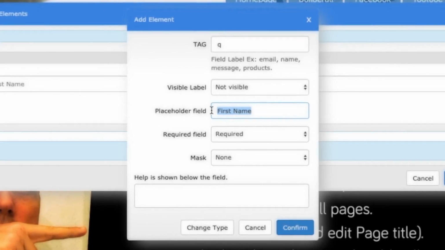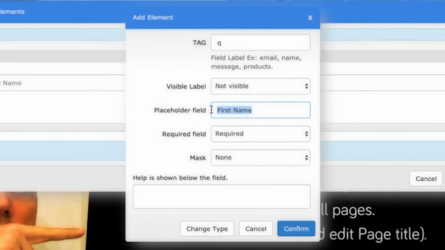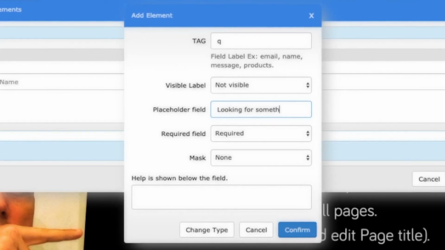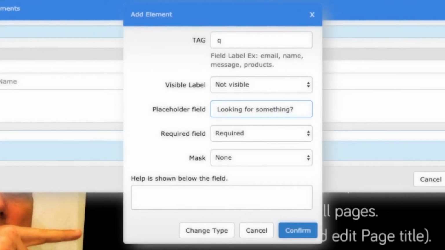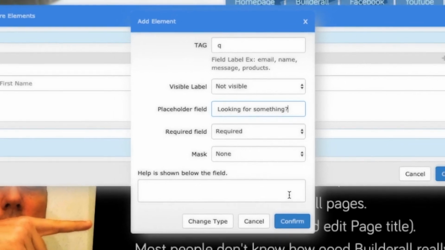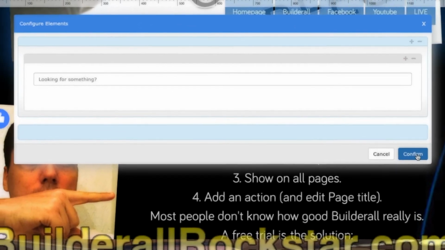So type your search, or looking for something, and it will show this. And that's it. It's just a placeholder field. It's optional. Confirm and confirm.